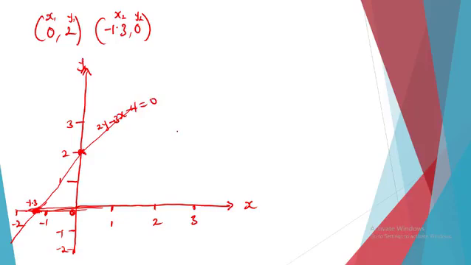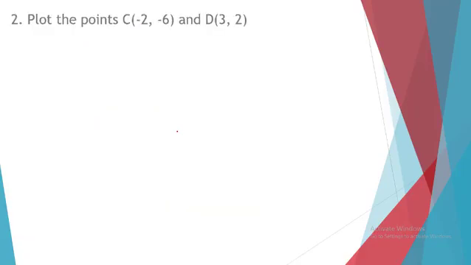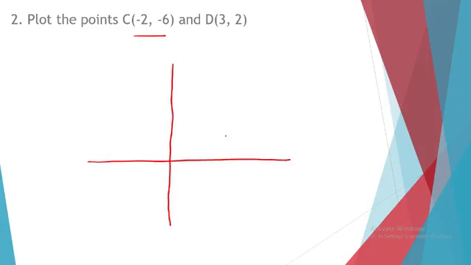Now let's take another sketch. If we're asked to plot the point C to be -2 and -6, and D to be 3 and 2, we just apply the same procedure we used in our previous example. So we have our graph. This is our y, remember, this is our x, remember, here is 0. This is 1, this is 2, this is 3, this is 4,